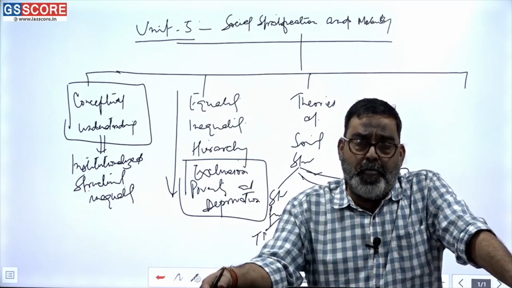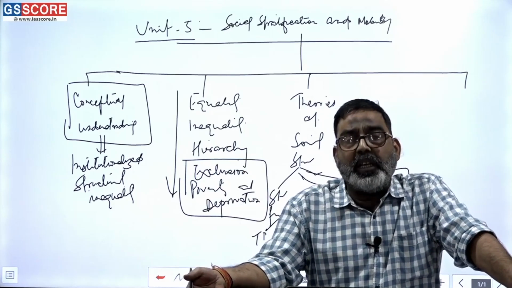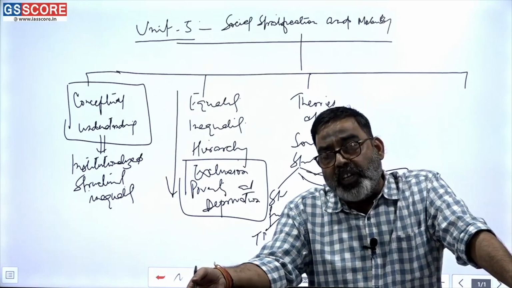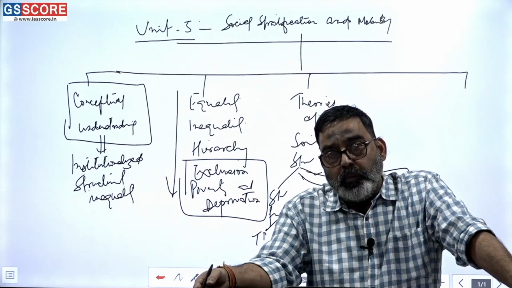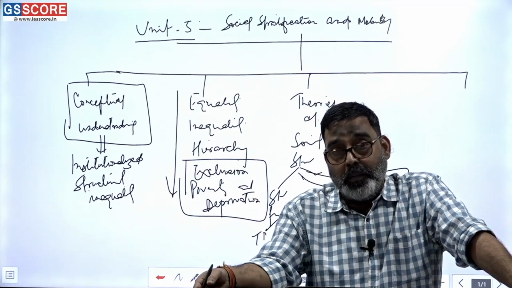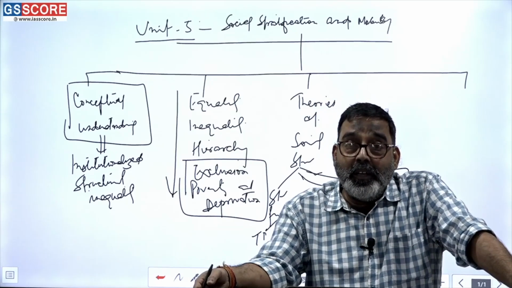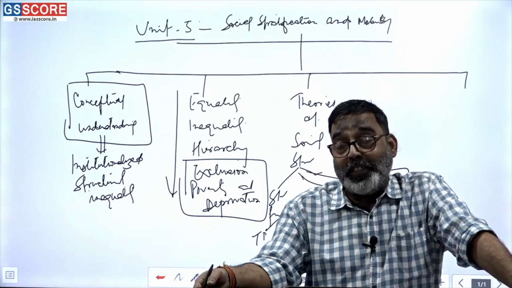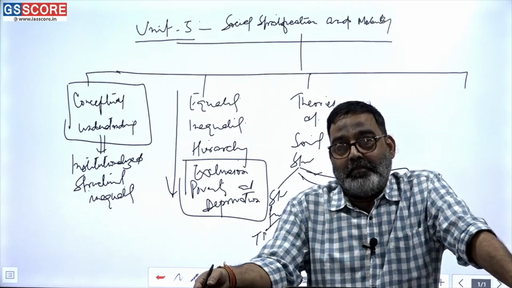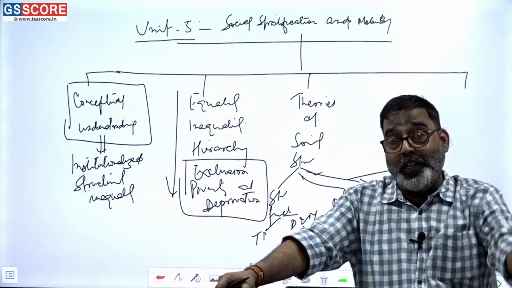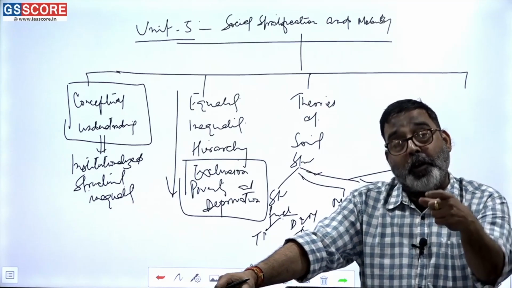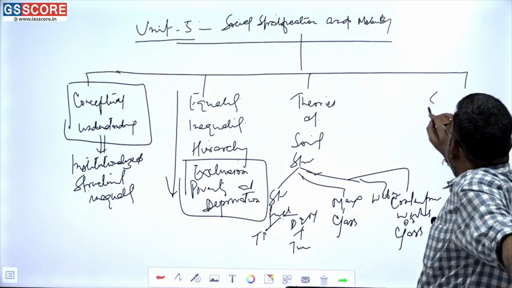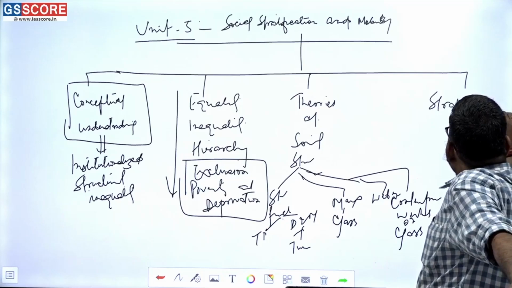And then the dimensions will come out. Once again I am saying, class, caste, status, then some dimensions will come out in terms of race, natural inequality. The moment you make a line that men have more prowess than women, and the moment you make the statement that whites are more intelligent than blacks, now I think you will be able to understand natural to social inequality. And social stratification is an exclusive form of social inequality. Look at these dimensions and then relate stratification